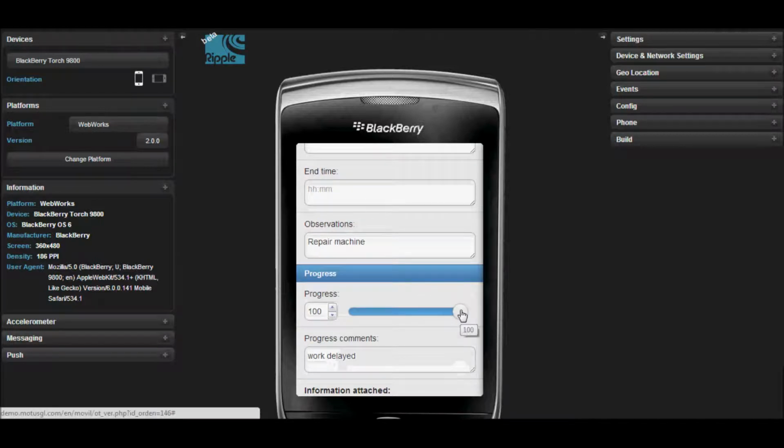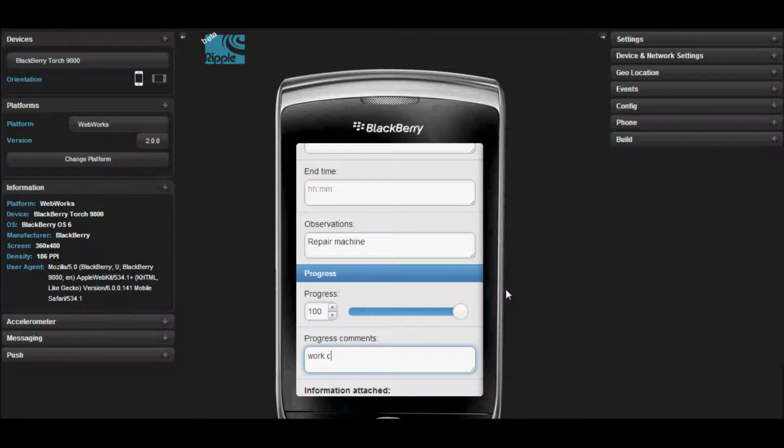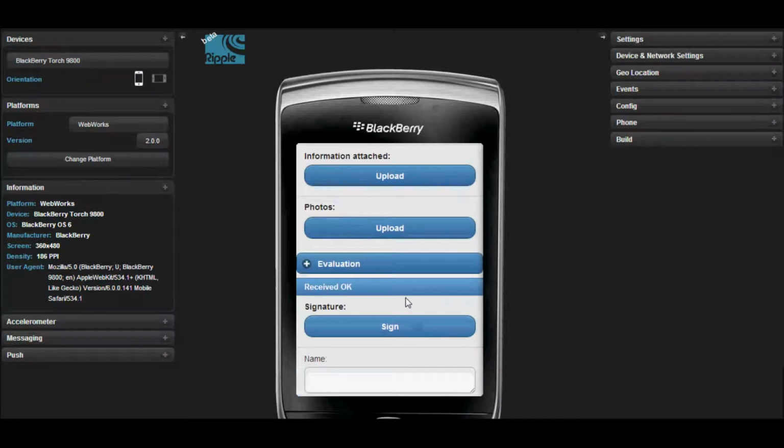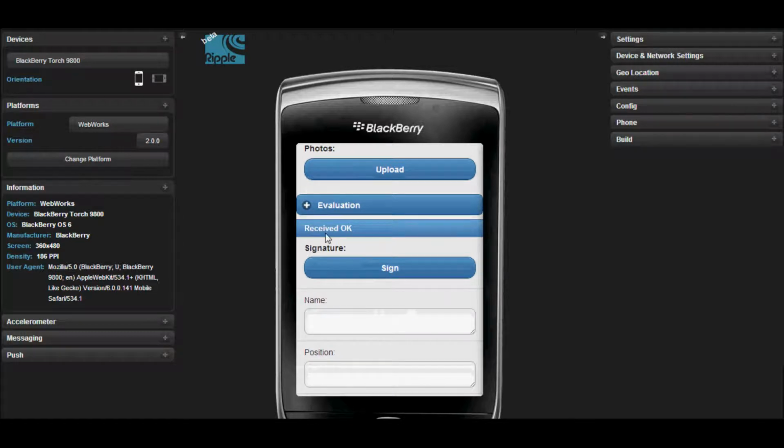The technician can adjust the progress of the work from 0% completed to 100% completed, and can input special comments on the work such as work delayed, work completed, etc. Next, the employee can take photos and upload them to send to the supervisor regarding special equipment or other work information. Finally, when the work has been completed, the customer can sign off, where we input the customer name,